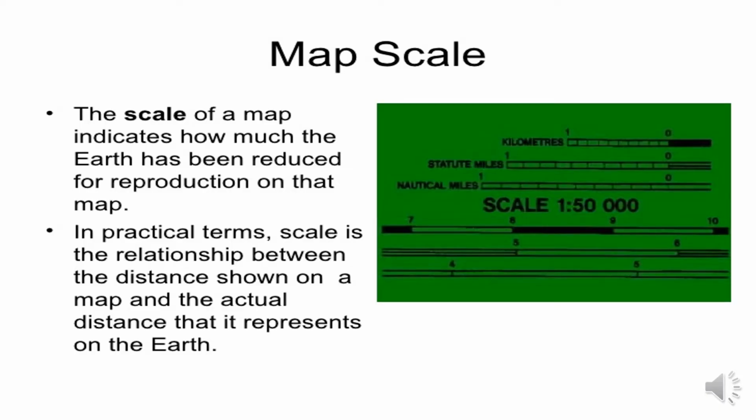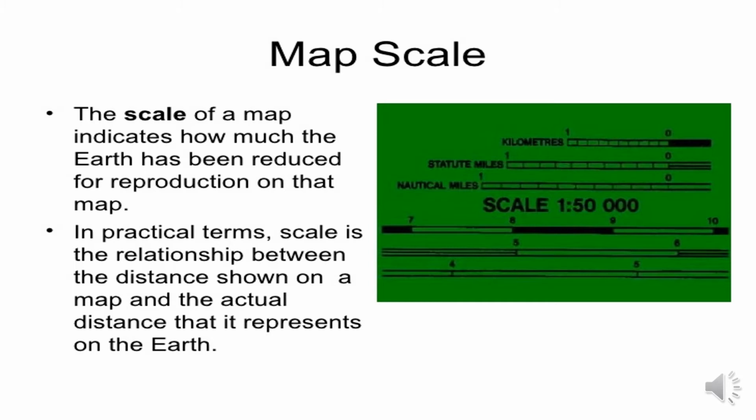So now a map scale indicates how much the earth has been reduced for reproduction on a particular paper. I'm sure if all of you have seen your West Bengal map, which you all are doing, you will be able to see that on the right hand corner or the left hand corner there is a word called scale and it is written 1 centimeter is equal to 2 kilometers. That means the entire area of West Bengal has been converted and taken into scale to fit into that piece of paper. It is not just a sketch. On the contrary, it is the actual ground distance which has been reduced to fit on that particular paper. So that is why it is important for us to understand scale.